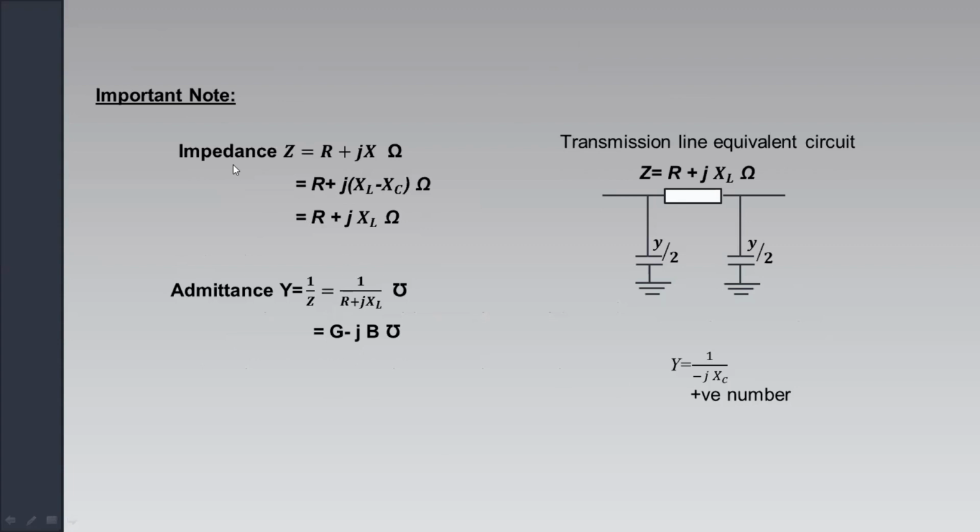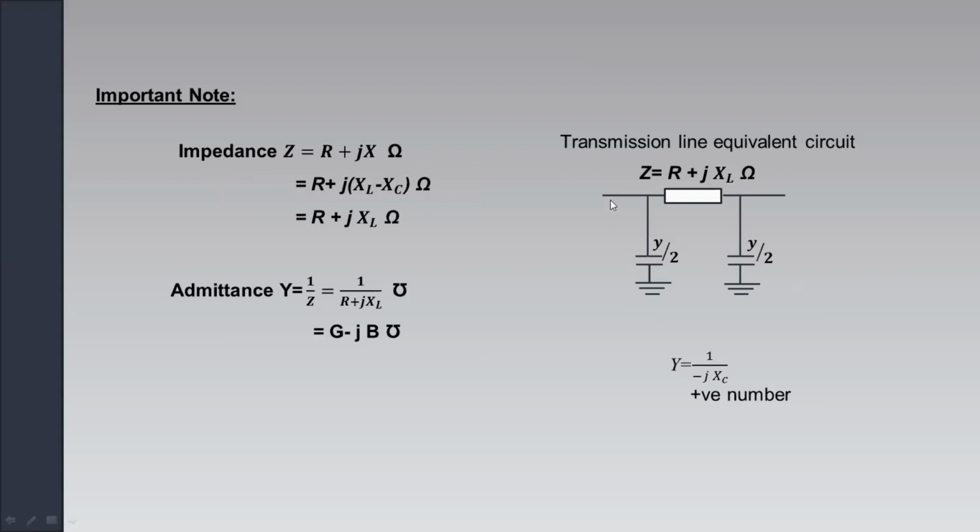Everyone knows about impedance. Impedance Z is equal to R plus jX. The unit of impedance is ohm. The resistance unit is also ohm. X is the reactance, and the reactance unit is also ohm. This reactance may be inductive reactance or capacitive reactance. If both reactances are present in a line, the impedance Z is equal to R plus j(XL minus XC). Here XL is 2 pi f L, the unit is ohm. XC is equal to 1 by 2 pi f C, that unit is also ohm. Here all the parameter units are ohm.